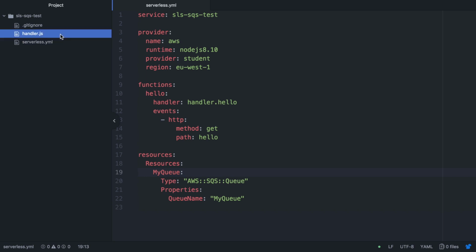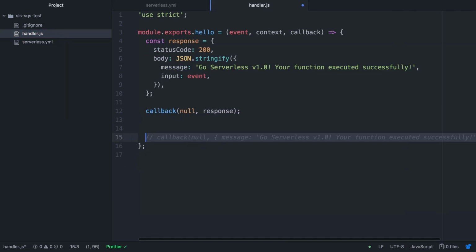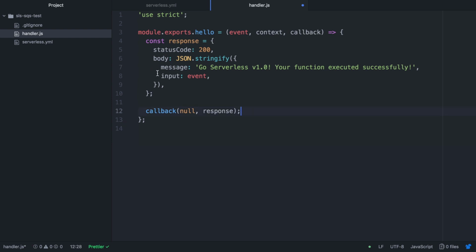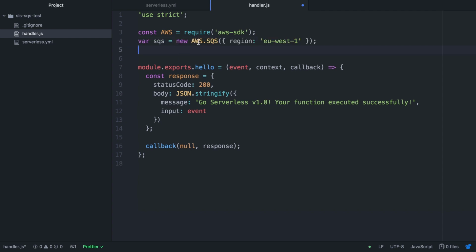Then we go to our handler, and there we are going to modify the handler in order to send a message. So we want to use the AWS SDK that comes by default in all Lambdas, so we don't need to install it in our package.json. And then we are going to create a couple of